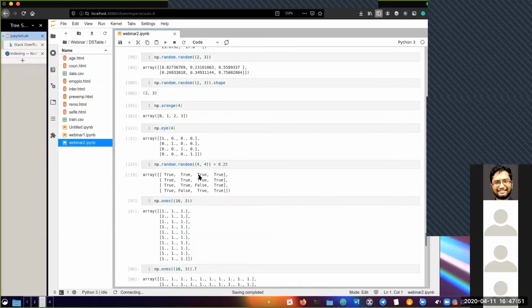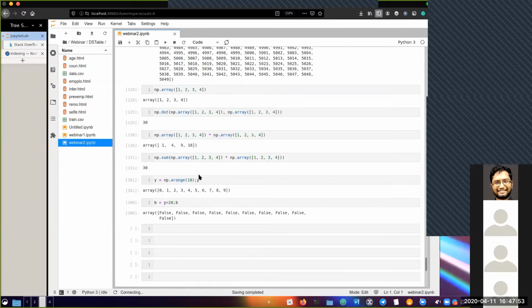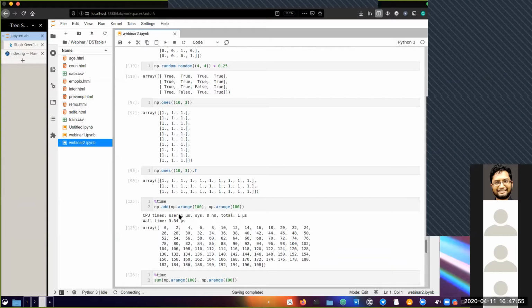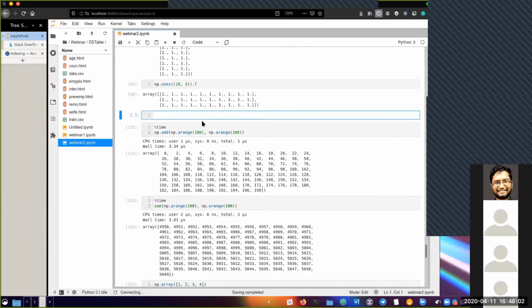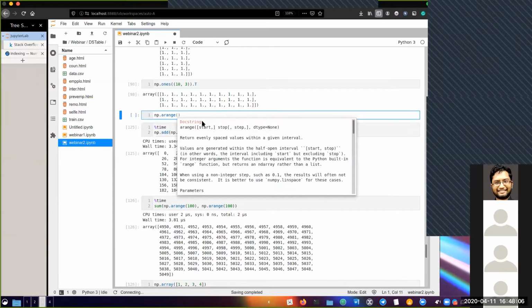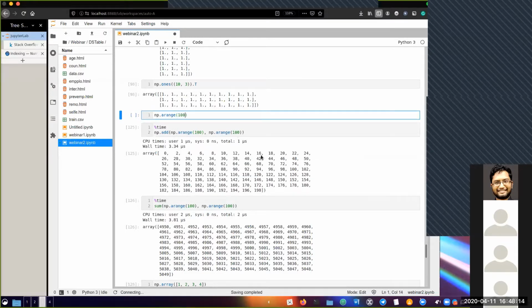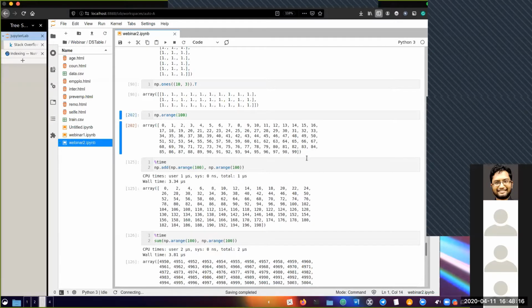So for example, I have written down something here. If you have an array from 1 to 100, this is a small syntax, I will show you what it does. arange. Remember the shift tab thing, and you can see what it does. Evenly spaced values within a given interval. So basically all I'm saying is, give me numbers from 0 to 100, or 99 for that matter, because it's a range.